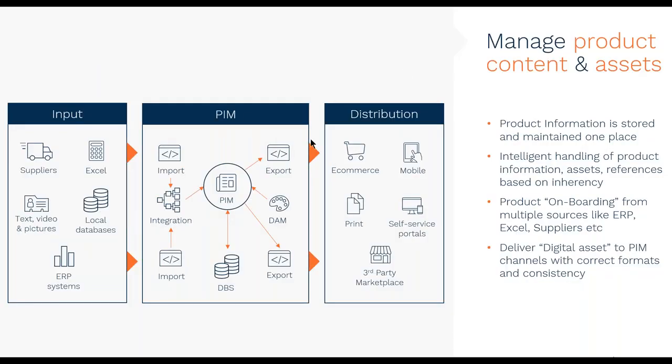So the management process of it, let's go through it here. On the left here, we have the input, as I pointed out. It goes into the PIM, where there's an import or an integration. An integration would be a constant update from the ERP. Imagine the ERP providing that information, and let's say the SKU, the unique product identifier, an alphanumeric code that represents that product. If a change occurs inside the ERP affecting the product name, the SKU, or the description,